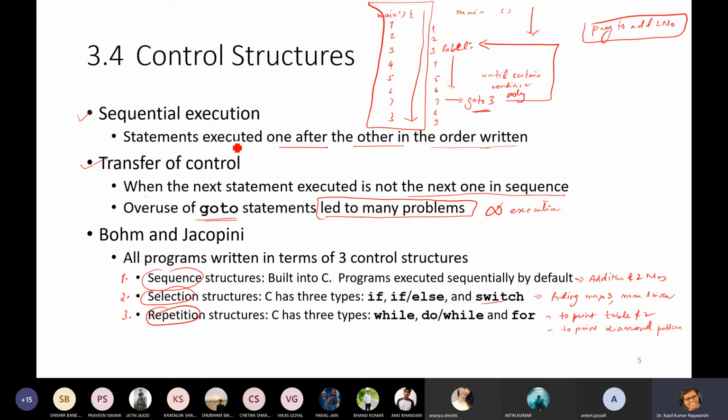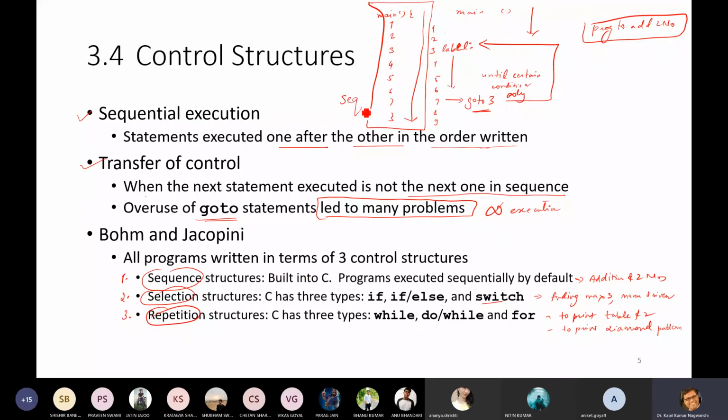Like if you want to add two numbers, first statement enter number 1, second statement scanf that number, third statement enter number 2 and scan number 2, then c equals a plus b, then print the sum. Okay, so this is an addition of two numbers program. So only a sequence of instructions is executed one after the other. Fine. So this is known as sequence.